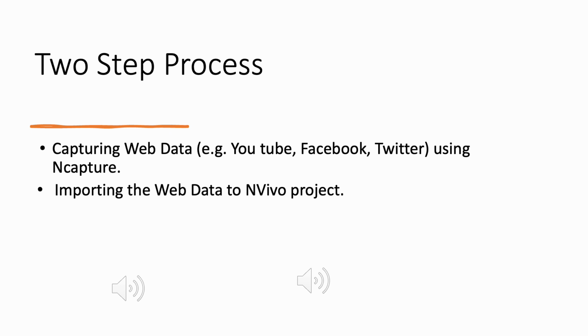In the first step, we capture data from websites, YouTube, Facebook, or Twitter, etc. And in the second step, we import that data from our download folder to the NVivo project. Please note that we have captured website data and imported it to an NVivo project in a different video, so check